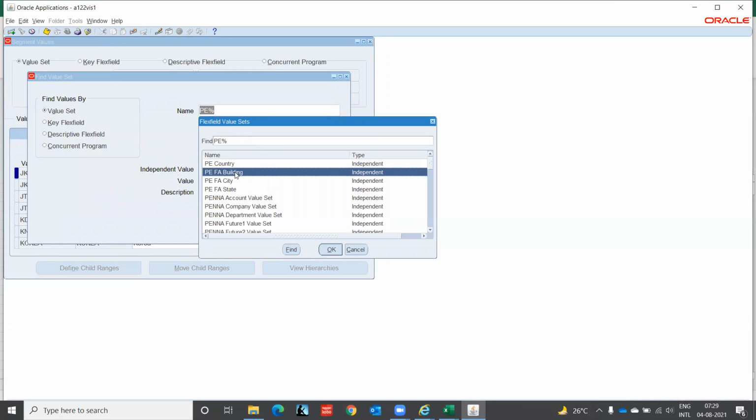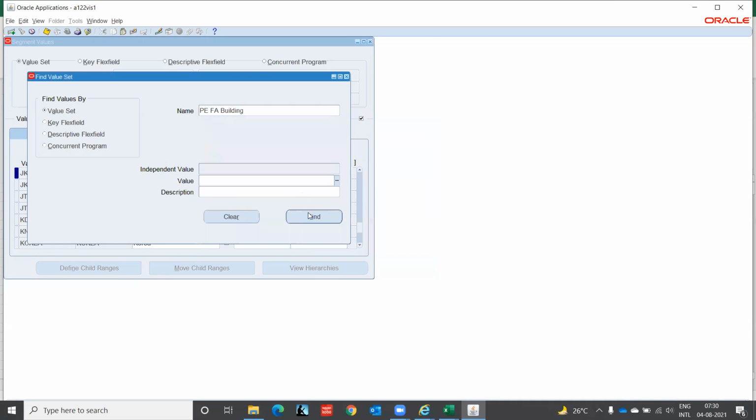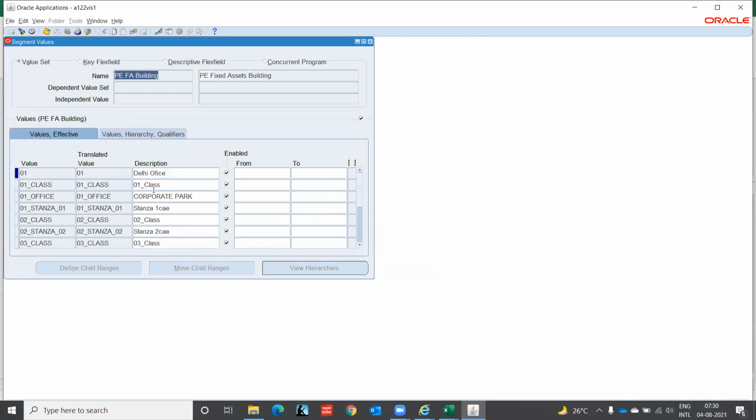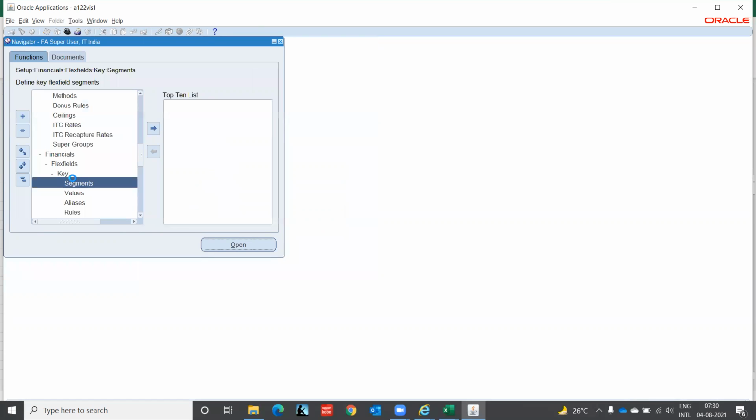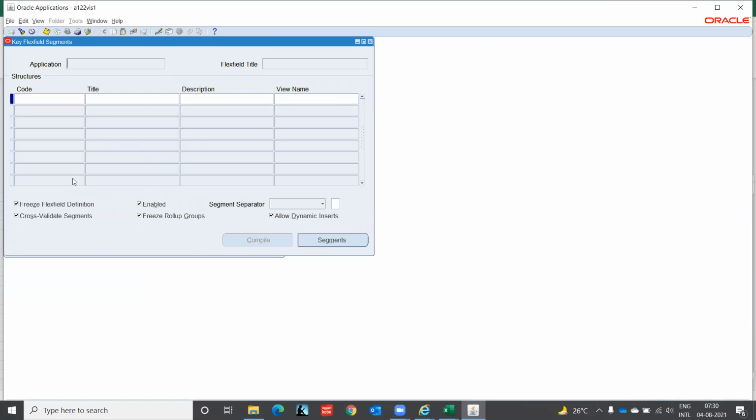P country, P fixed assets building, P FA city, P fixed assets state. Okay, let's see FA building. What is the value? Corporate. Okay. These are the values. So as we cannot update the values on the already defined segments,